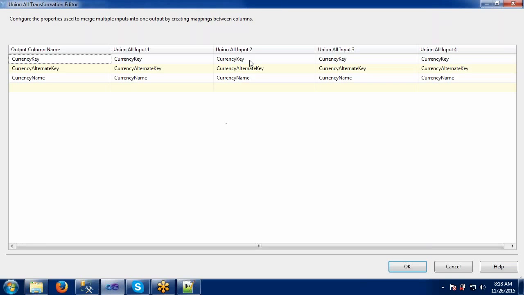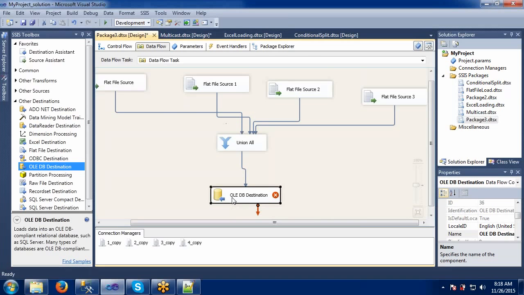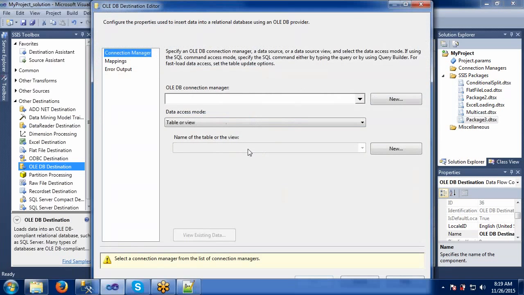And the input source structure should be the same, that is what we are thinking, right? The number of columns and the order of data types should also be the same, then only we can do this union all. Everything is matching here. Now let's create our destination here.